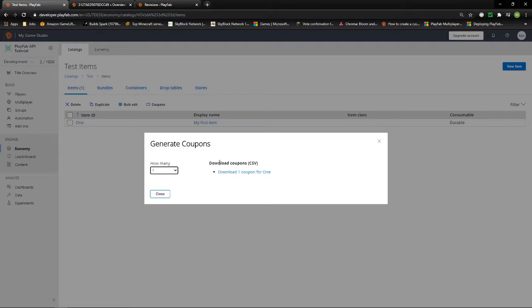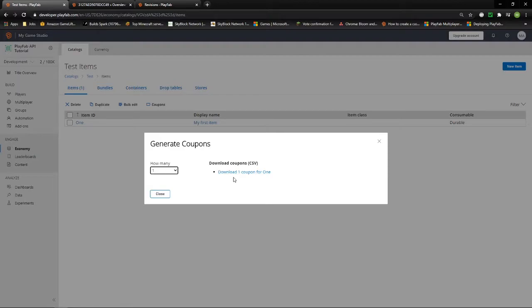Now this is probably useful further down the line, when you're much further past this, when you have a lot of items to choose from and you're doing marketing, or you're doing videos with Twitch users. So you've got a streamer who has a decent following, and you want to give them a coupon to give to their viewers that might entice them to download the game. This would be really useful, but we're not really going to use this because we don't really have the use